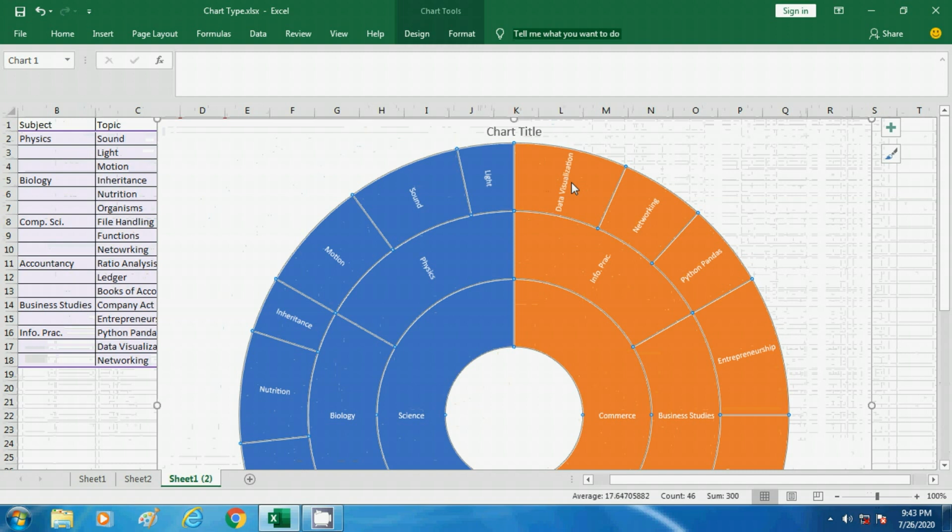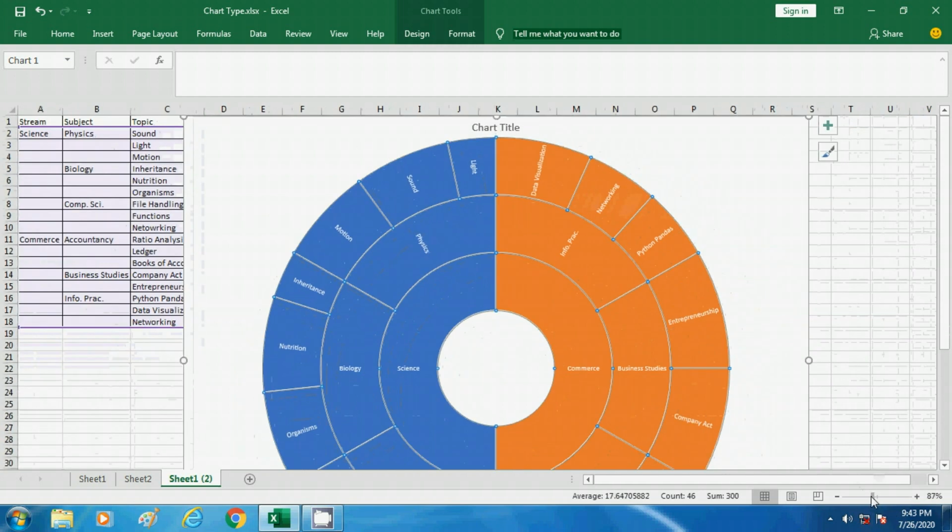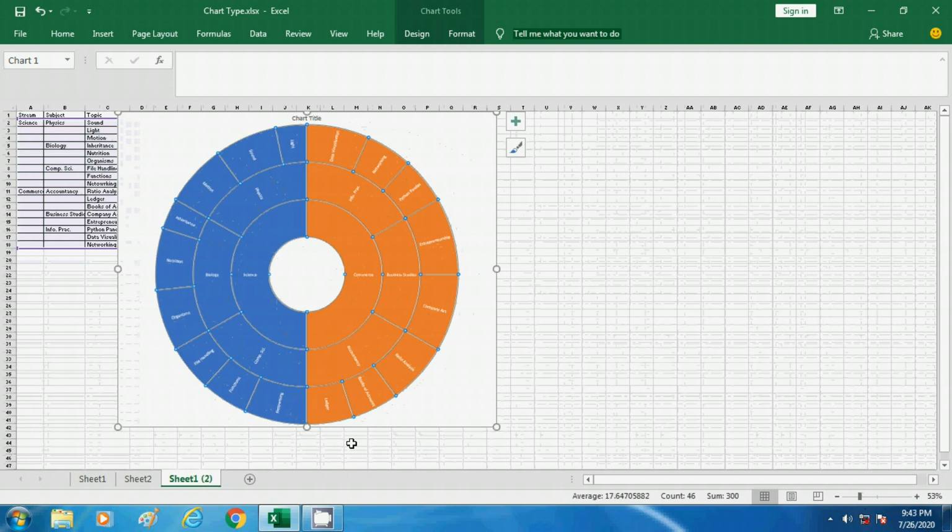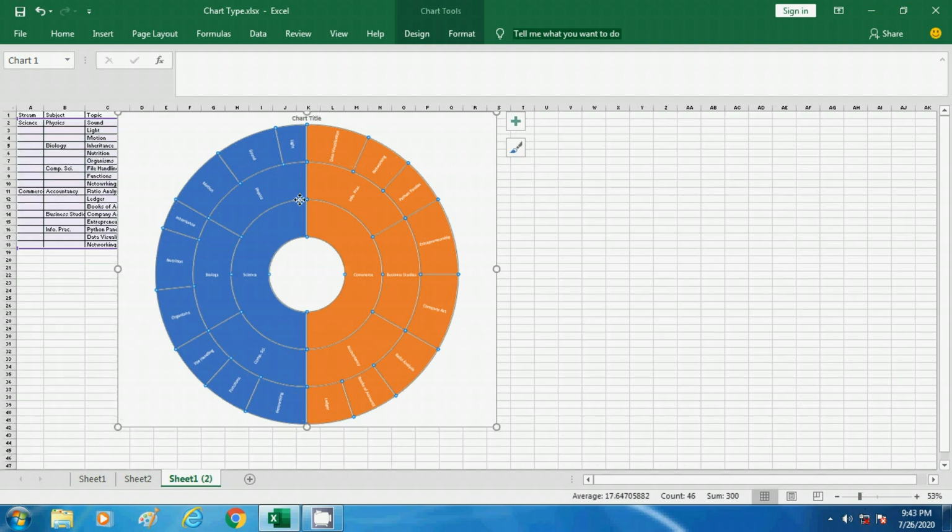So this is called sunburst, meaning one main concentric circle is there, then the rays are going out like this. On top of it the main topics are displayed, and inside circle subjects are there, and inside circle similar streams are there. So similarly we can apply it for subjects also. So let me apply the same for the subjects now.